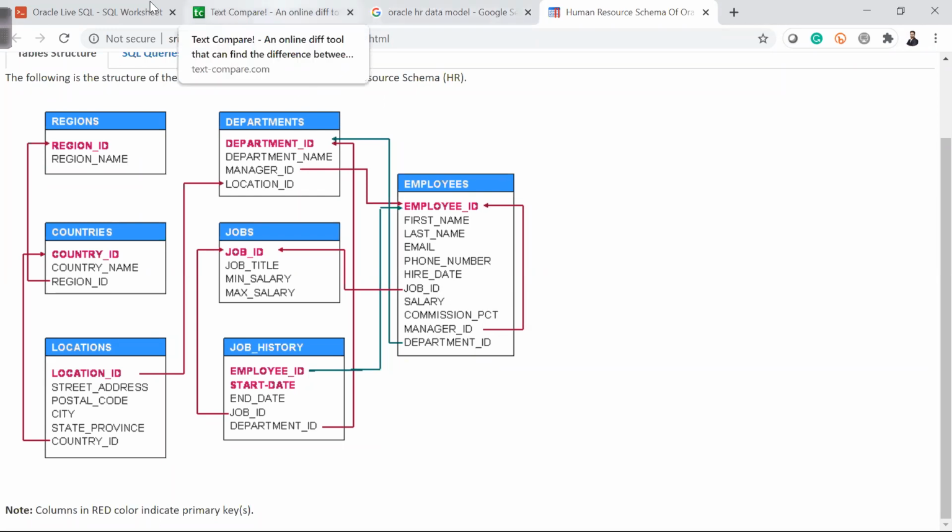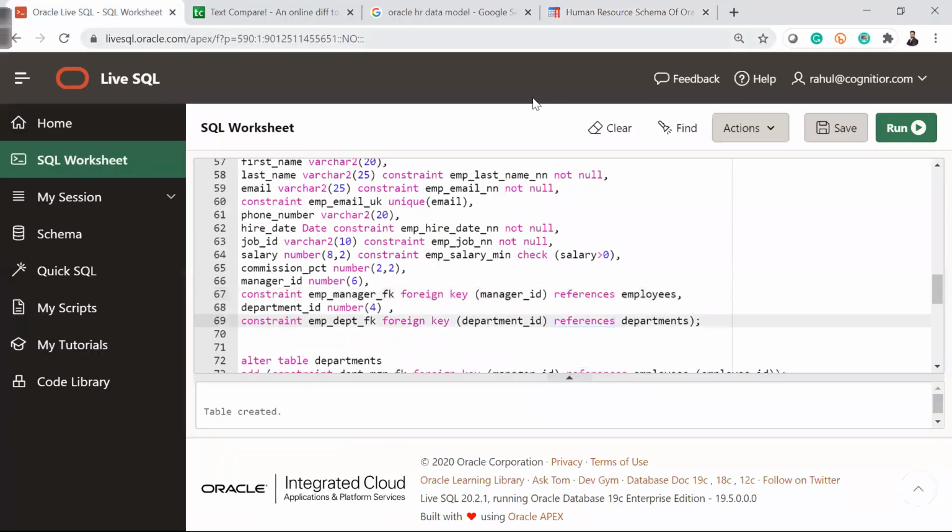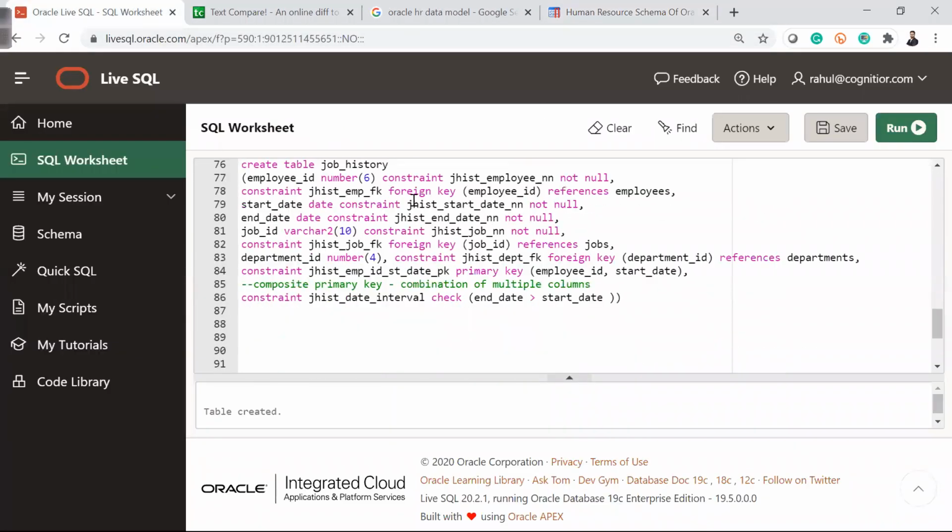And then what else? The next table is the job history table, where employee ID and the start date are my primary key, and the foreign key is department ID, and apart from that job ID is also a foreign key, and employee ID references as well.